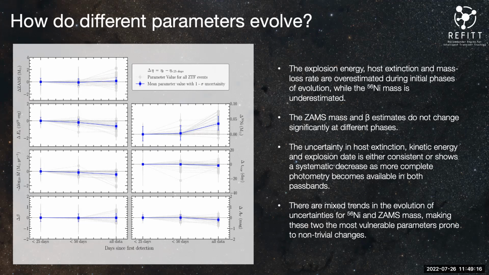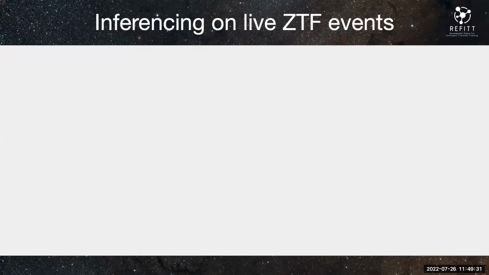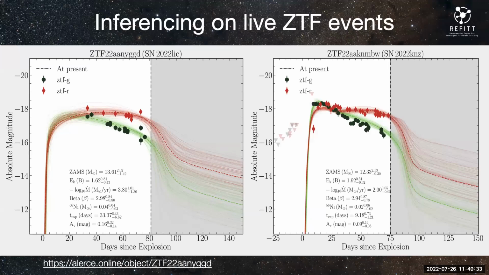For energy, for instance, it's initially overestimated, and then as all the data comes in, it is underestimated. So this is how parameters evolve, and I'll be happy to talk more about these if you want, but I really want to make the point that this method, this idea, can be used for